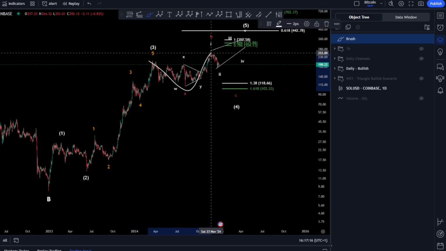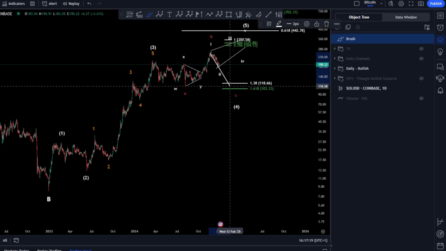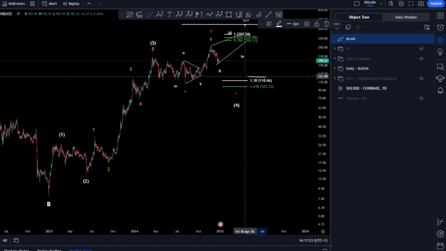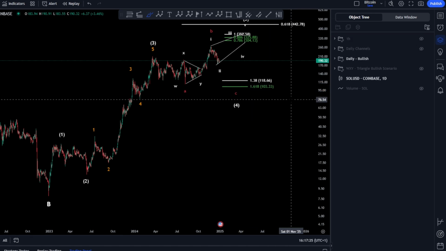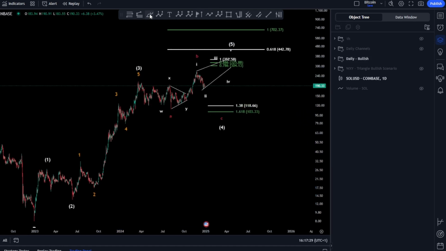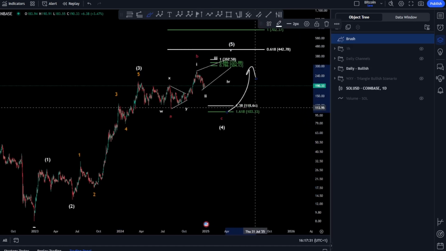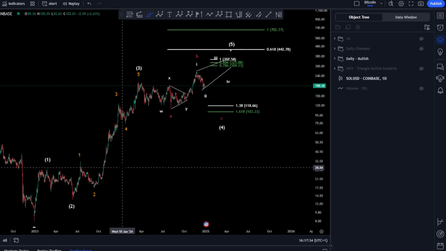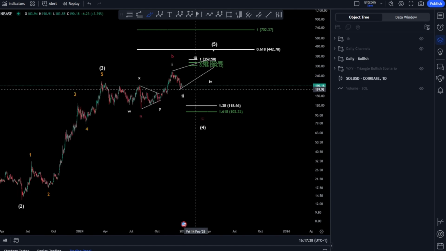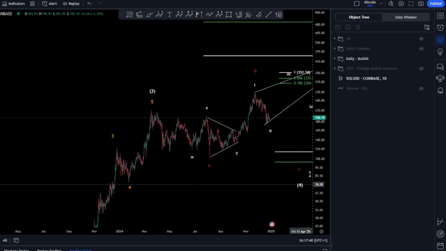Of course, having an A, B, C kind of is like a very strong wave C towards the downside and bringing us between the $118 and the $103 for Solana. And in that case, of course, you would like to continue later on with your wave 5 towards the upside. So in that scenario, you are bearish and you're looking, of course, for lower prices and preferably that you